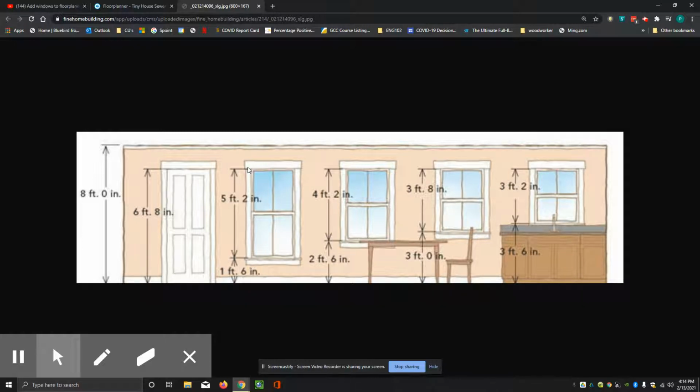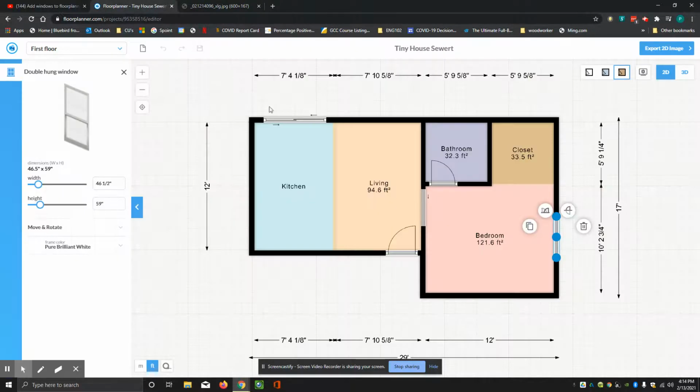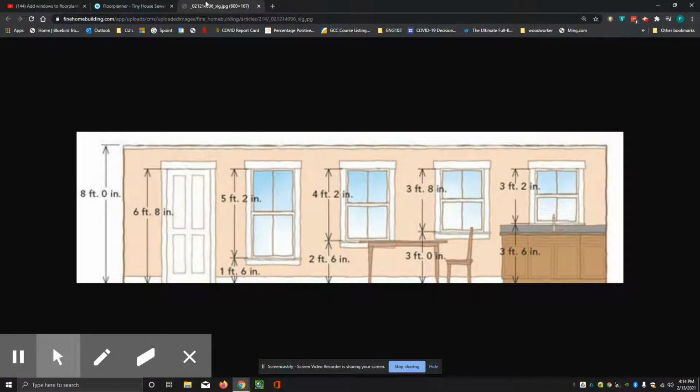So in my bedroom, because I want to be able to get some draft in there, but I don't want a lot of wall space taken up by the windows, I'm going to use this formula right here, which is the window's 3 feet 8 inches tall and that it's 3 feet off the floor. So let's go back to this. So I've clicked on that, and I'm going to leave the width. That's the distance this way. And the height, I'm going to set to